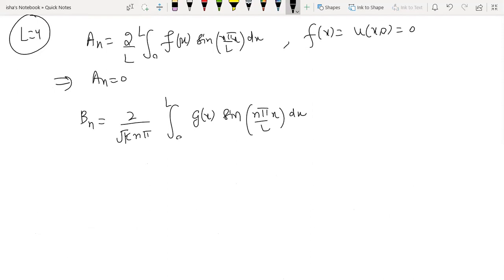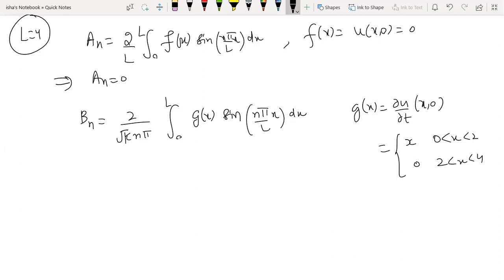This is the formula for Bn, the computation of Bn. So we need Gx. Gx is the initial velocity, del u by del t at x equal to 0. This is given to you mathematically in the question. What is this? It takes value x from 0 to 2, and from 2 to 4 it takes value 0. Because your domain is 0 to L always, and the length of the string is 4, your domain